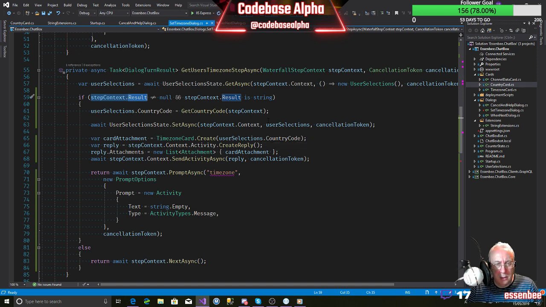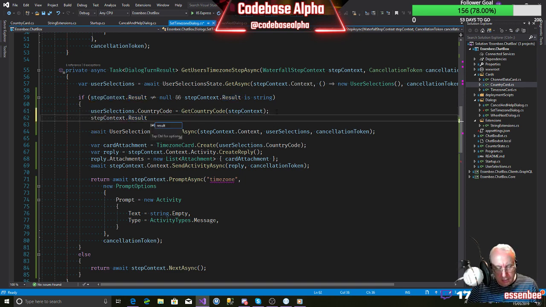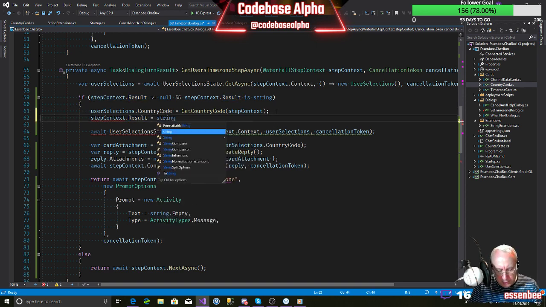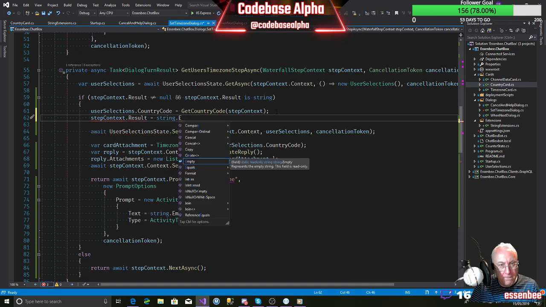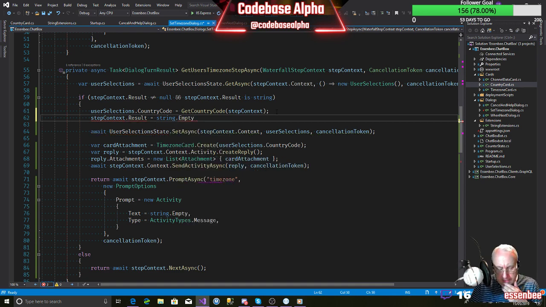We don't need it anymore. Don't like this. Let's set it to the empty string. This seems like maybe we can't set it. Cannot be assigned, so we can't reset that. What else have we got on step context?